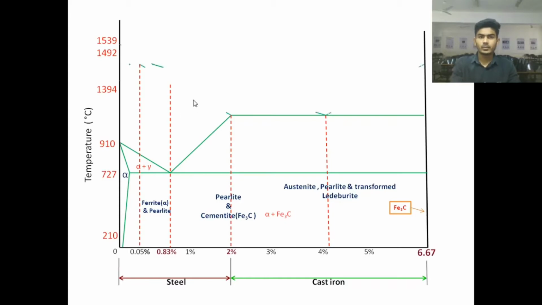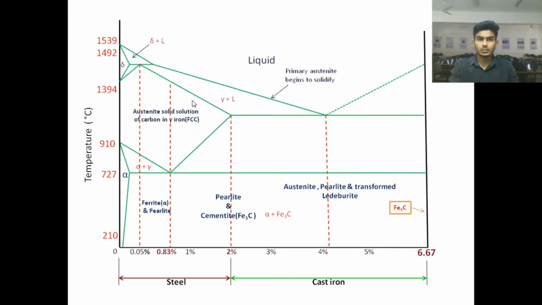Thank you. Myself austenite. I am an interstitial solid solution of carbon in gamma iron, which is an FCC structure. My name comes from the famous crystallographer Sir Austen, who did research on my properties. The maximum solubility of carbon in gamma iron is 2% at 1147 degrees Celsius. I am a soft, ductile, malleable, and non-magnetic phase.